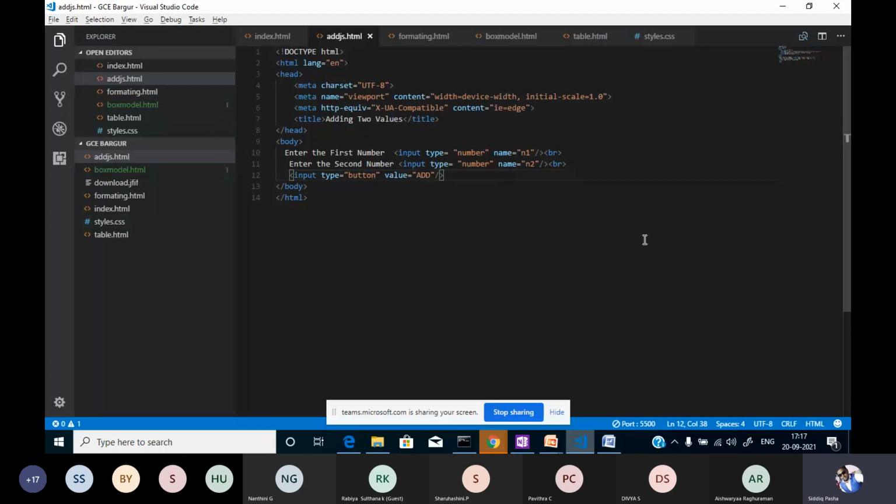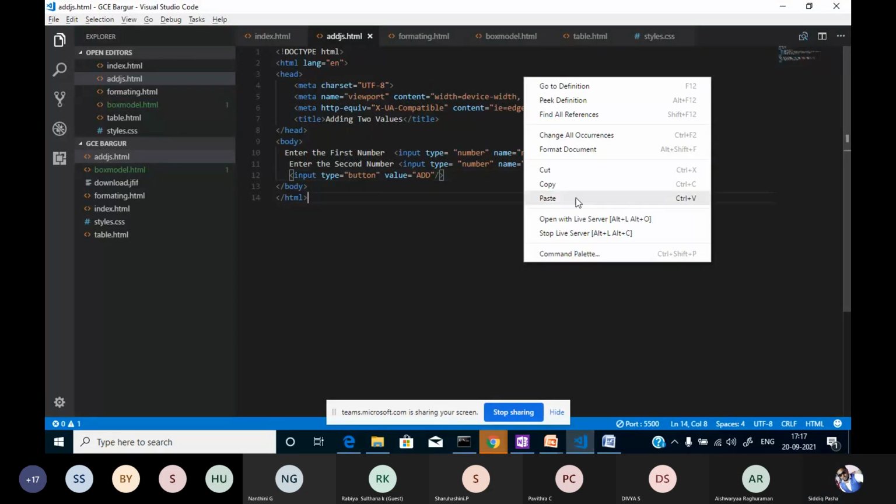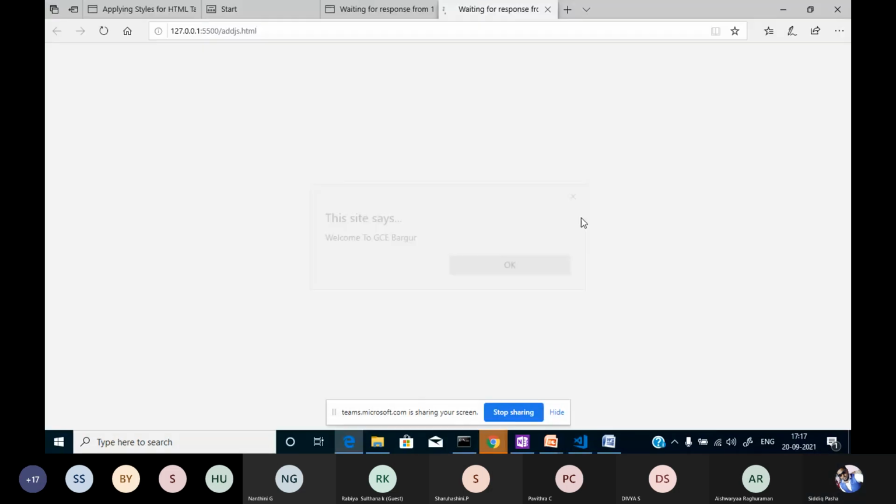We have only created a structure containing two text boxes, in which we can enter two numbers, right? I'll run this once with live server. So it is running. If you click add, nothing will happen.